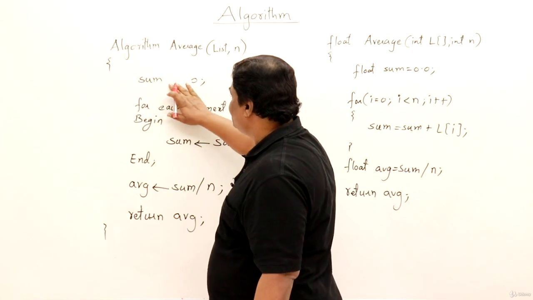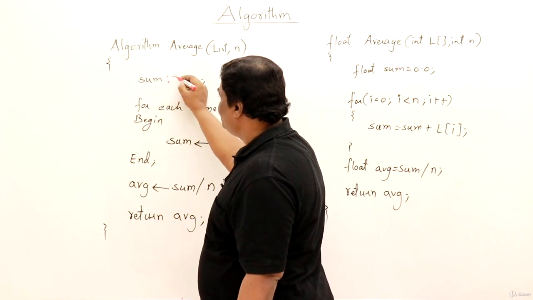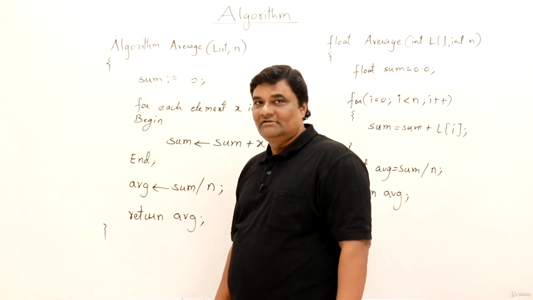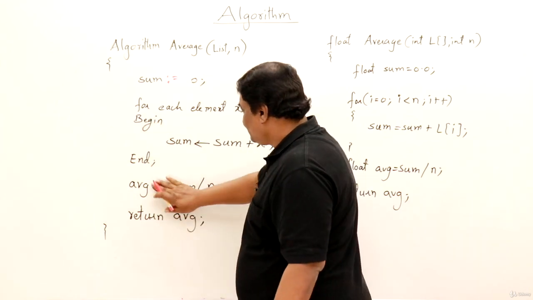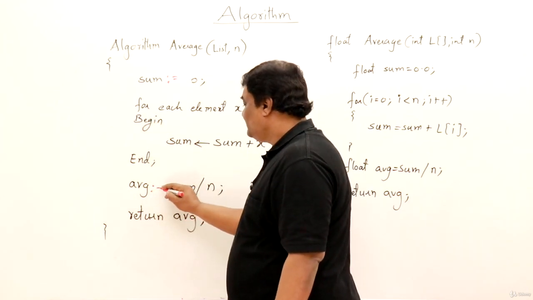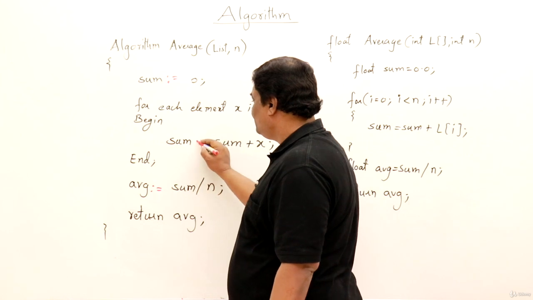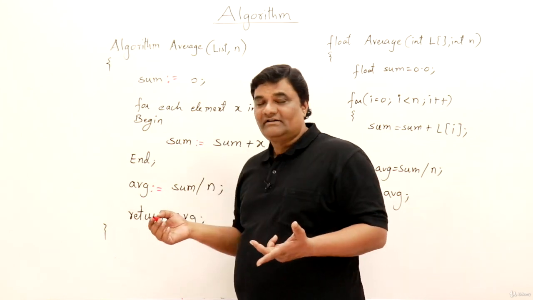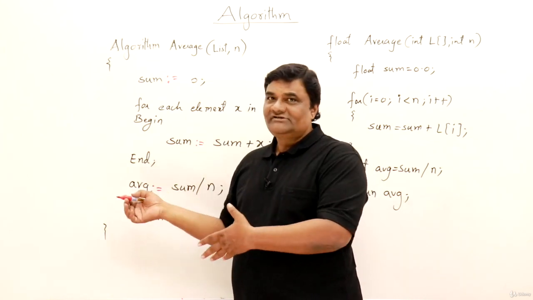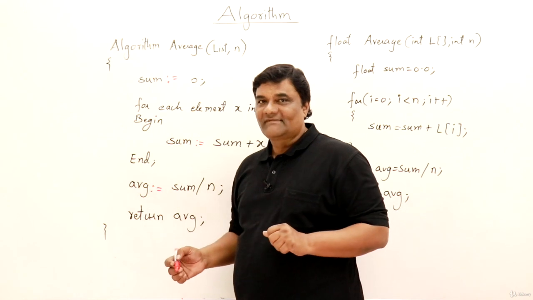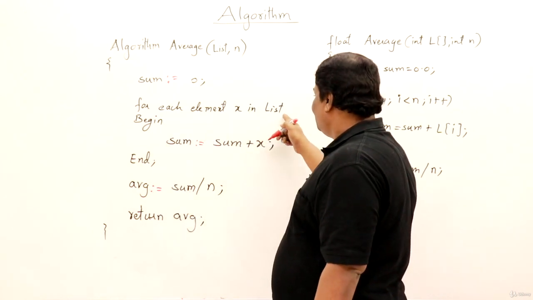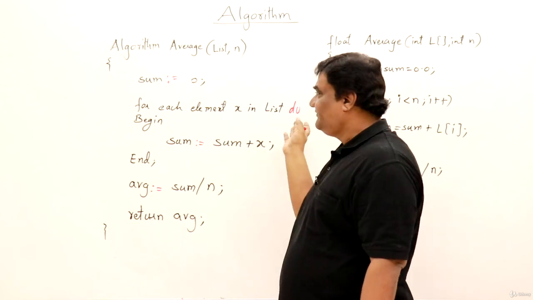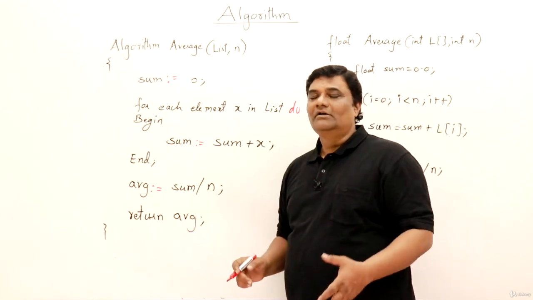Instead of writing this, can I say colon equal to? This is also showing a direction. Then here also colon equal to. Yes, you can write. If you want to change the symbol, change the symbol. Alright. For each element x in list, do. Mostly we find it like this. Do this. Okay, you add it.